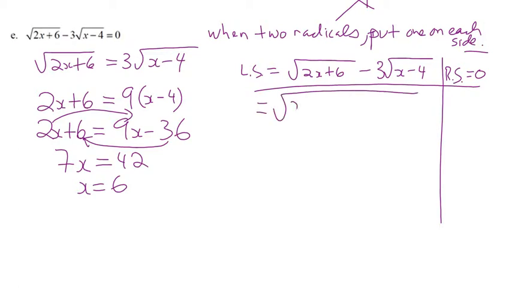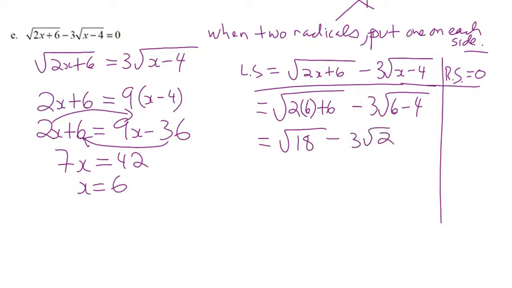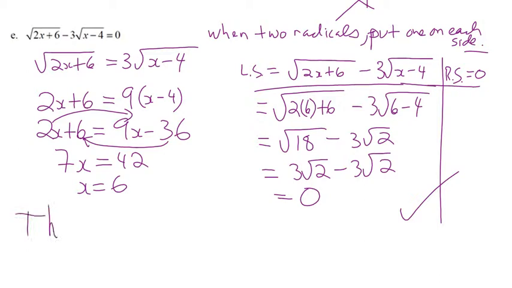All right, so all we're going to do is put in a 6. It's not quite that big of a -3 root 6 minus 4. Okay, so we end up with root 18 minus 3 root 2, which is 3 root 2 minus 3 root 2, which is 0, and it works. And so let's state that at the bottom, right? So the solution is,